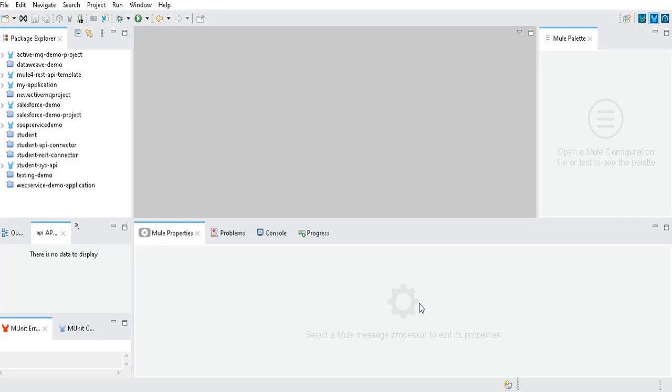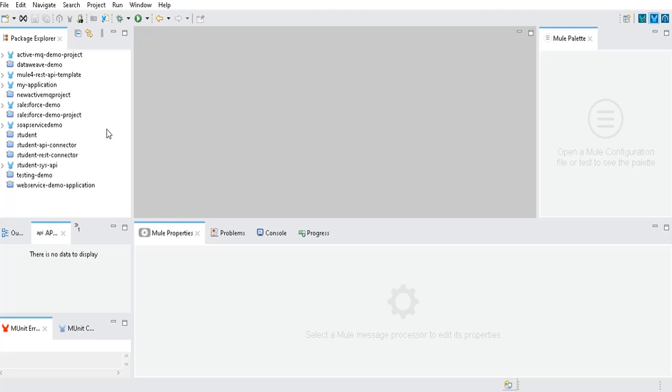In this video, we are going to see some best practices in Mule 4. We are going to discuss two topics today. The first one: sometimes you might have faced an issue while adding the Anypoint Platform authentication in your Anypoint Studio. While adding the username and password in your Studio, the browser won't open. So today I will show you how to fix that issue.